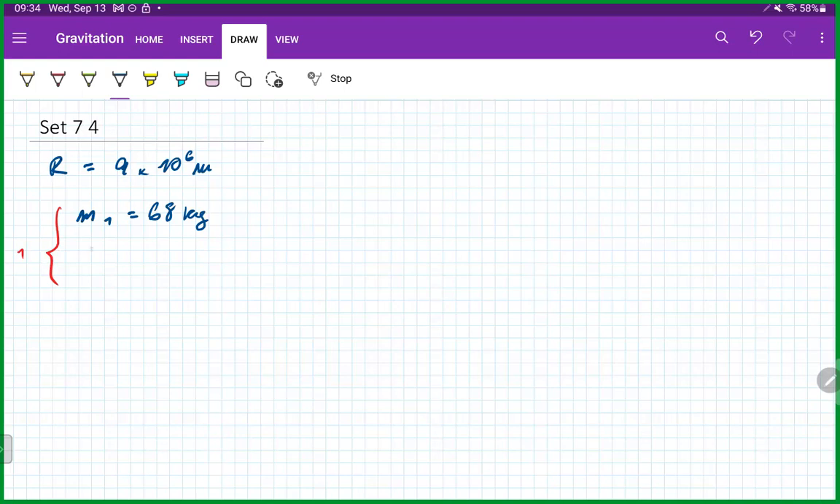Okay, then this thing has radius 1.7 × 10⁷ meters, and V1 equals 4,800 meters per second. So that's for one. Then for two,